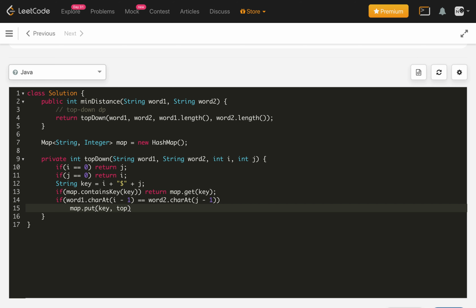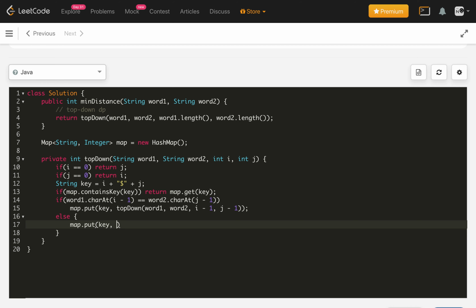We just use the same top down of word 1 comma word 2 comma i minus 1 comma j minus 1, and in the else case we have to add in map dot put again key comma.